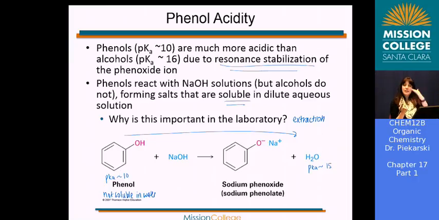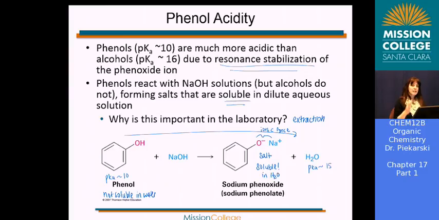And aromatic rings tend to stack, right? So it makes it more difficult for them to be pulled apart and made soluble, right? However, if we do a basic extraction and create the salt, which has an ionic force in it, or an electrostatic attraction, this will be soluble in water,